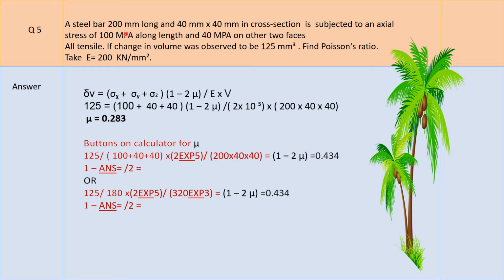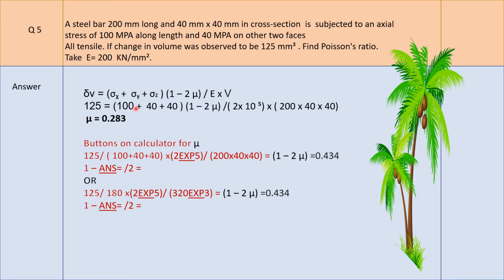Volume is now length into cross sectional area, so length is 200 into 40 by 40. Here the dimensions are given 40, 40 and 200. So 200 into 40 into 40 is the volume. Now how do we do this calculation? What you have to do is